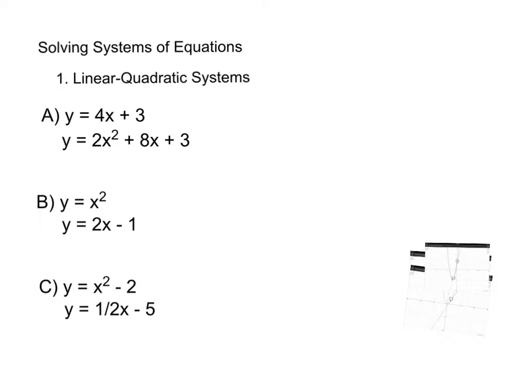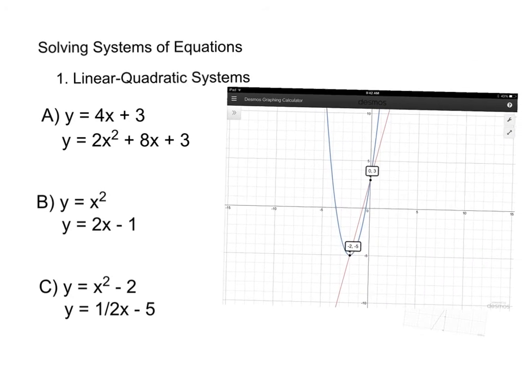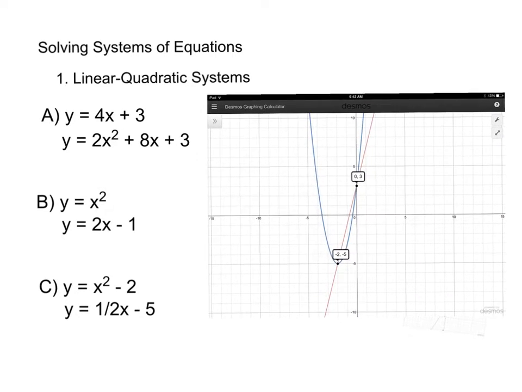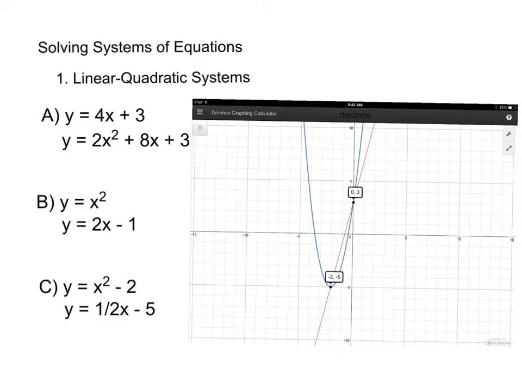When you have a system of equations that's linear quadratic, a straight line and a parabola, here are 3 examples. The first one, y equals 4x plus 3, y equals 2x squared plus 8x plus 3. I'm going to find a graph of that. Here it is. This is the graph of the first one, and it has 2 solutions. So the solutions are 0, 3, and -2, -5, or x equals 0, y equals 3, and x equals -2,